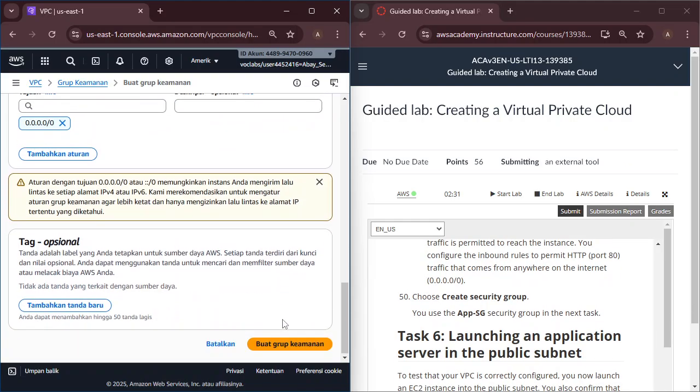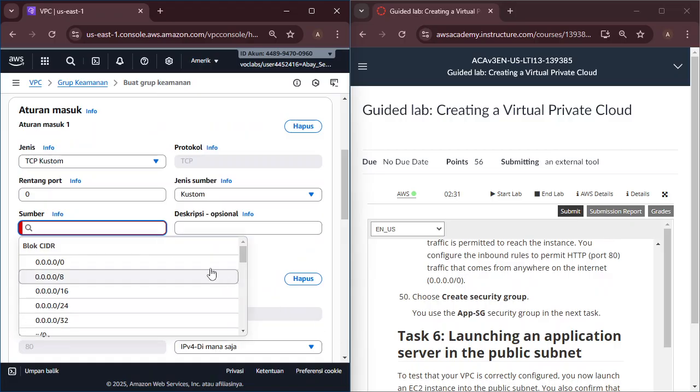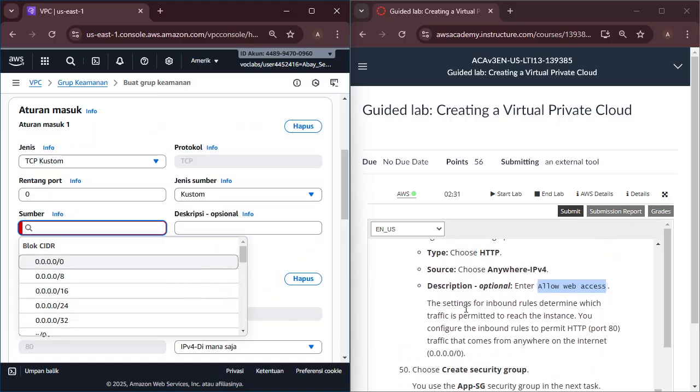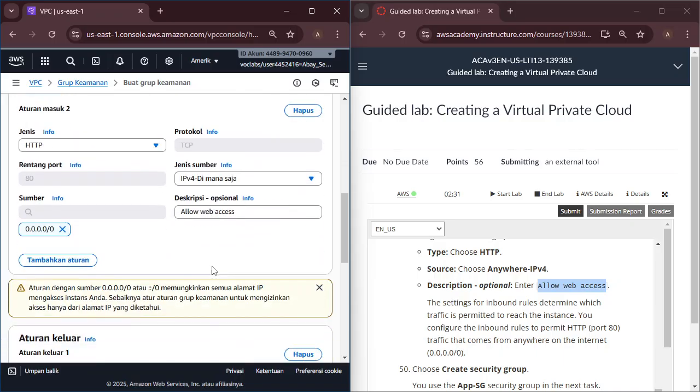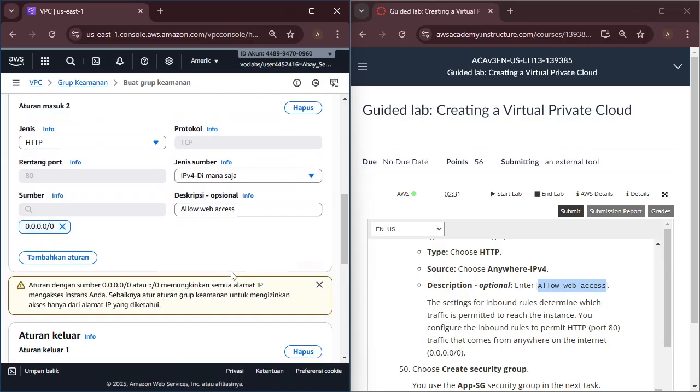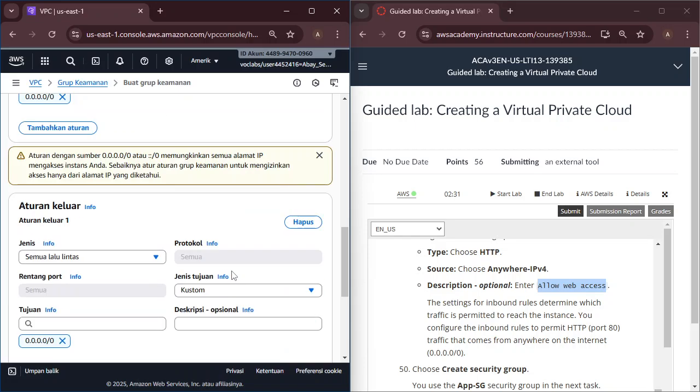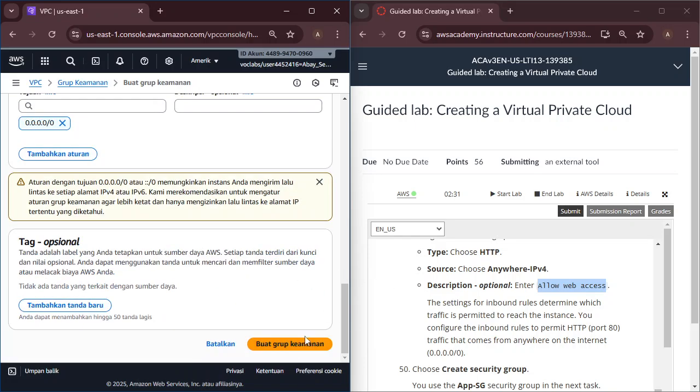Okay, then we create. Oh, sorry. We choose the CIDR. Then creating.